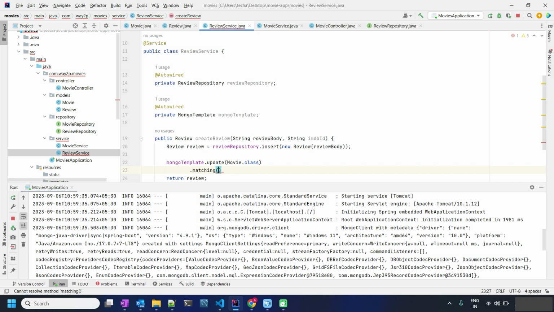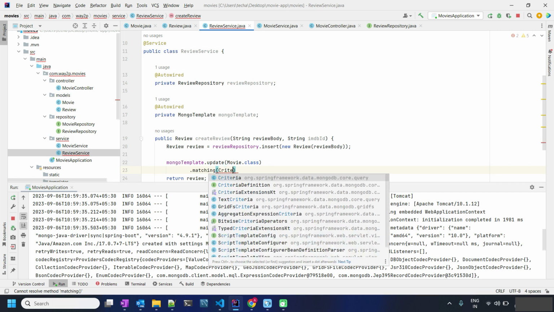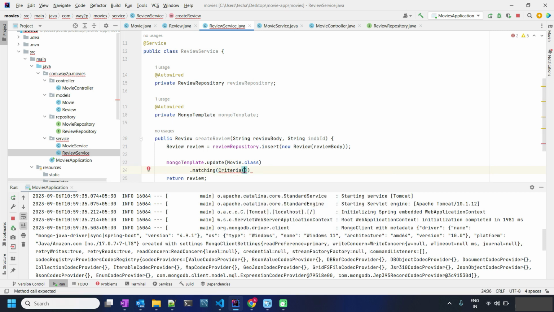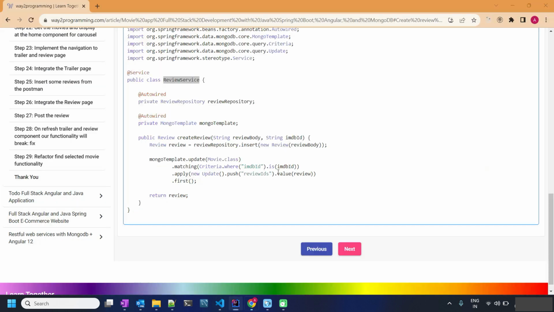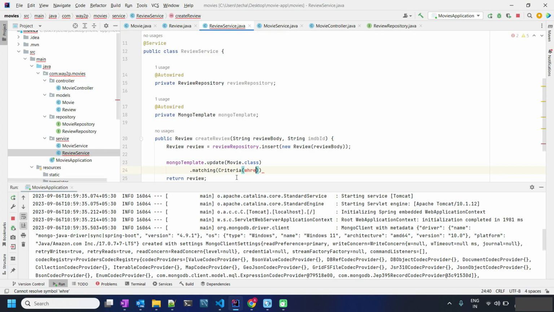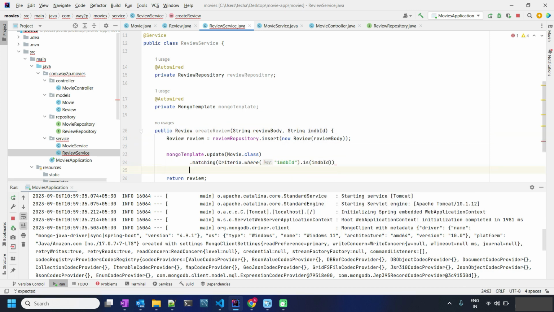So matching criteria, so let's say matching criteria where, so where is the function in criteria where the imdbId is this ID, and after that we need to say